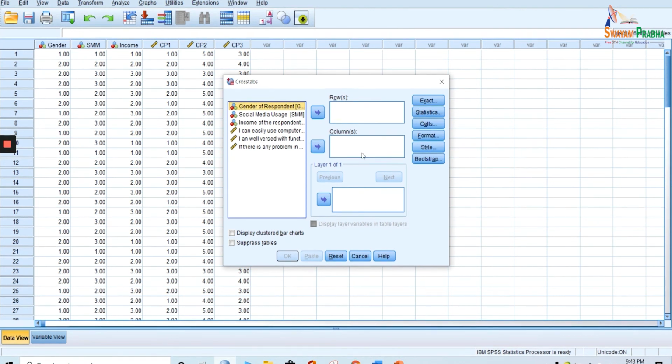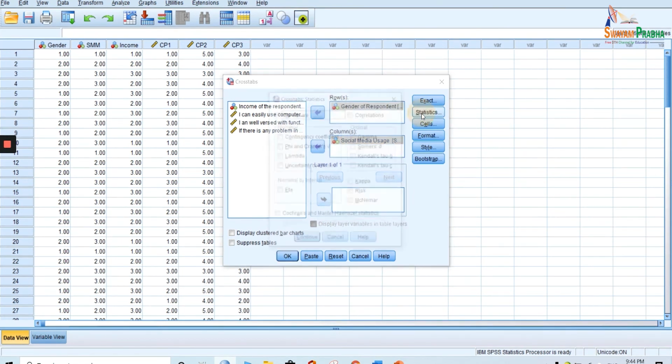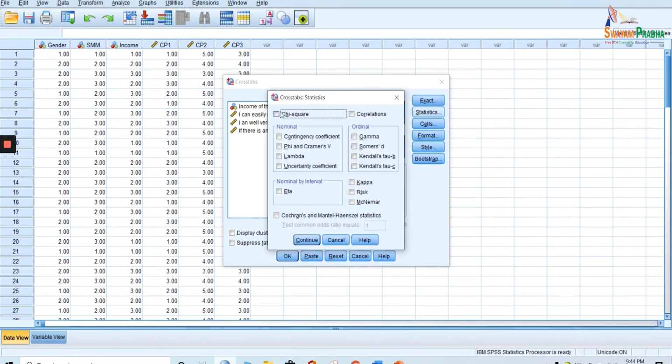Click on this crosstab, and obviously we know that in a crosstab we have rows and columns. My first is the gender variable, and second is my social media usage. So we have inserted these two variables into rows and columns. It doesn't matter which variable you insert in the row and which in the column. Now we have to make a few settings, or select a few options, to apply the chi-square test. Just go to Statistics here, and under Statistics you will see the very first option is chi-square. We just have to check this option and nothing else. As of now, nothing else needs to be checked here.